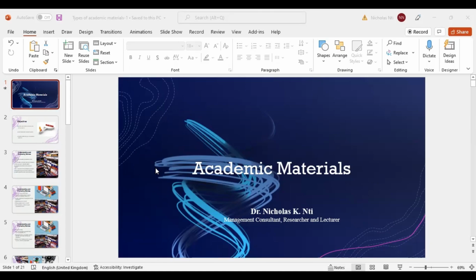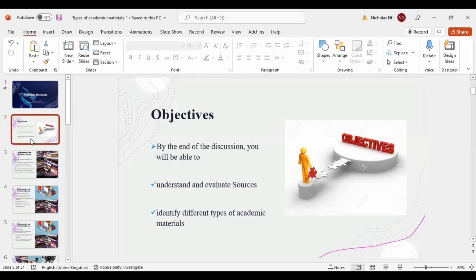So this afternoon, I will be looking into academic materials. I set out with 2 main objectives for our discussion. The first one is to understand and evaluate sources, before we can consider that something is an academic material, what qualifies it to be. And then we'll be able to identify different types of academic materials. That will be the first part of my presentation. And then the second part, when we reach there, I will let you know the objectives also. So the first part is that,